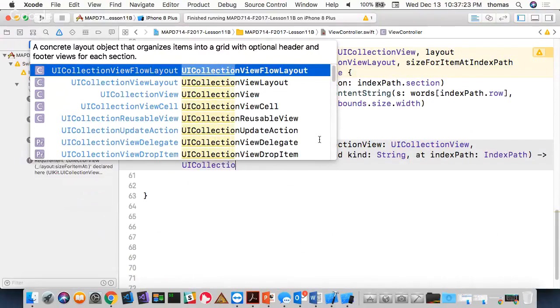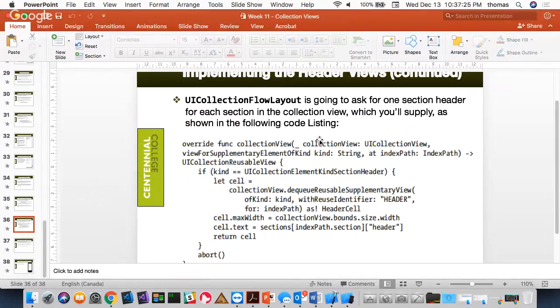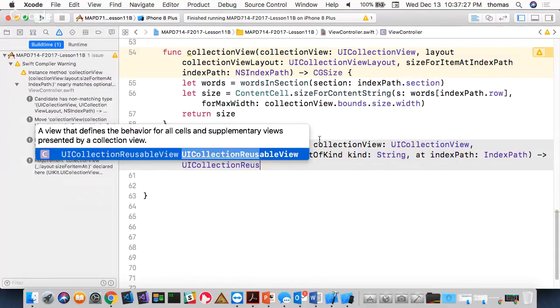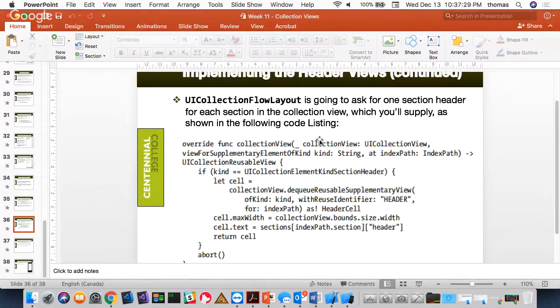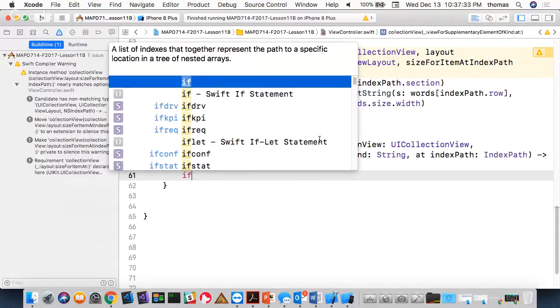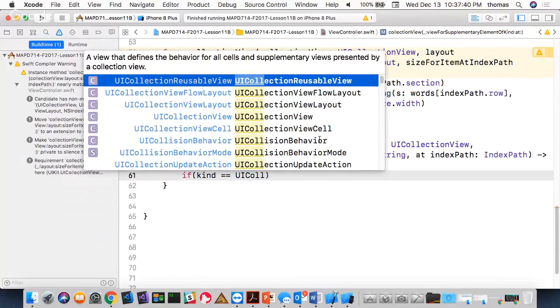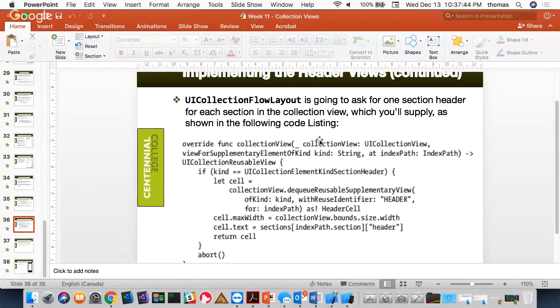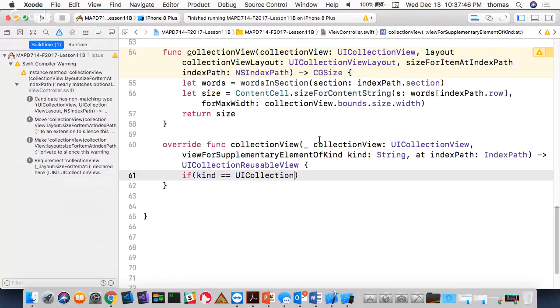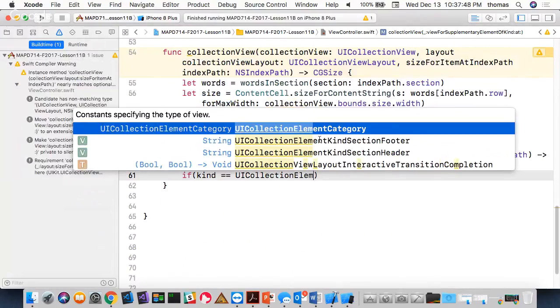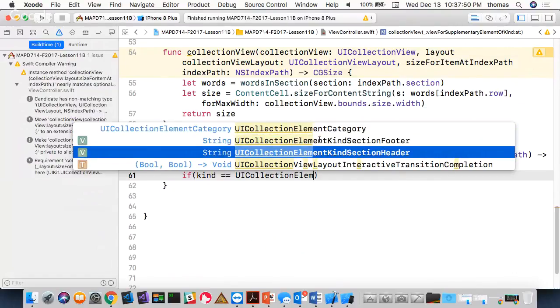UICollectionReusableView. And what we're doing is if the kind is equal to UICollectionView element kind, elementKindSectionHeader,